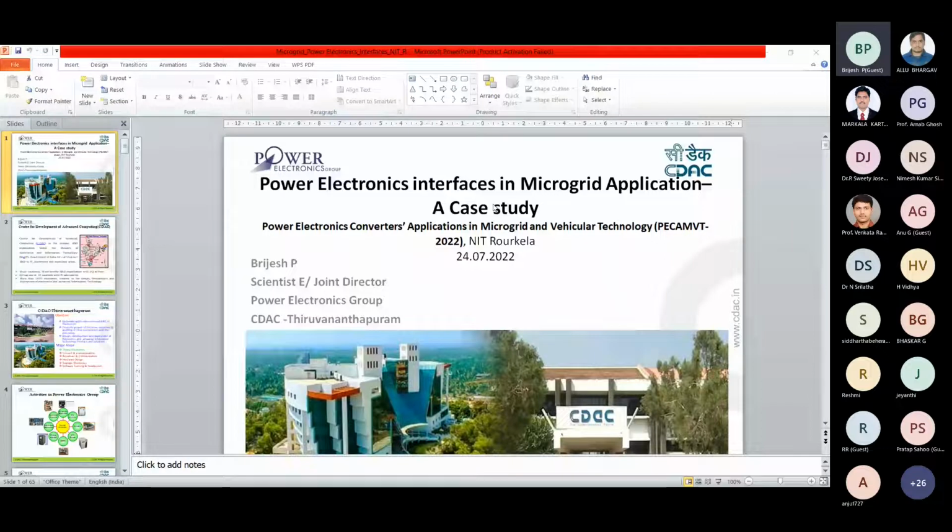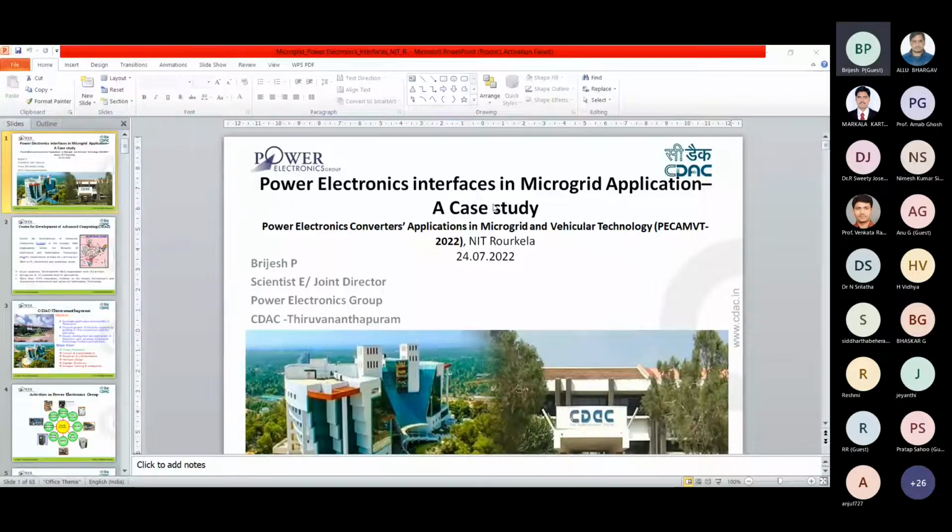In different NAMPET projects, we developed different types of microgrids, and we tried to put everything in actual site. So today I can share our experience in some of the practical aspects in selection of hardware for the microgrid application.